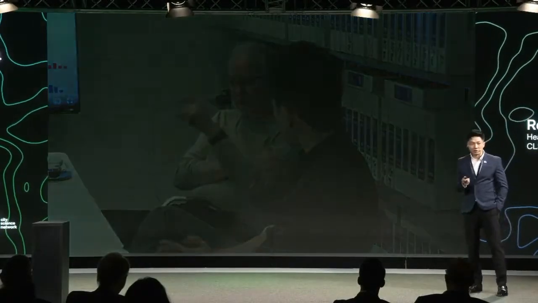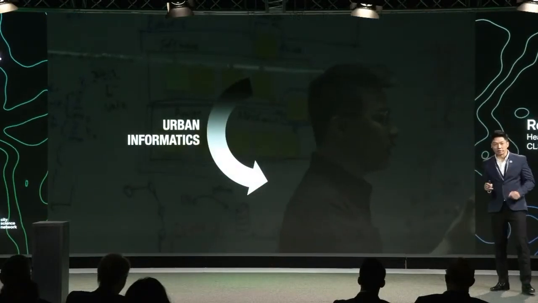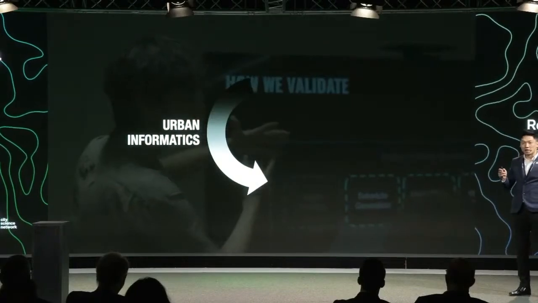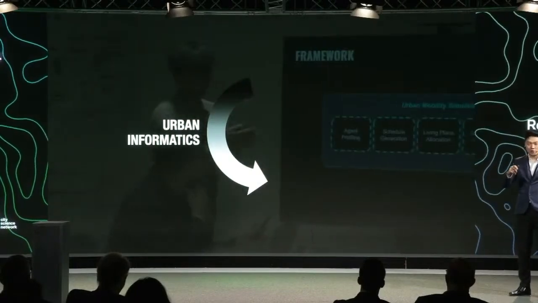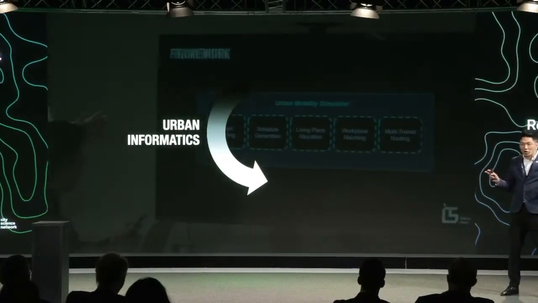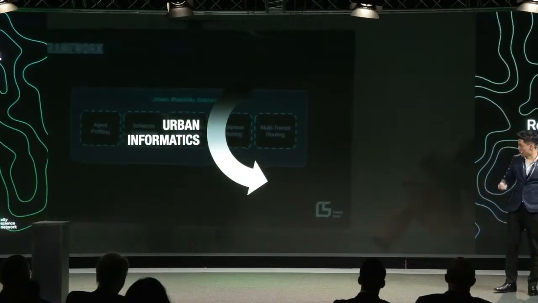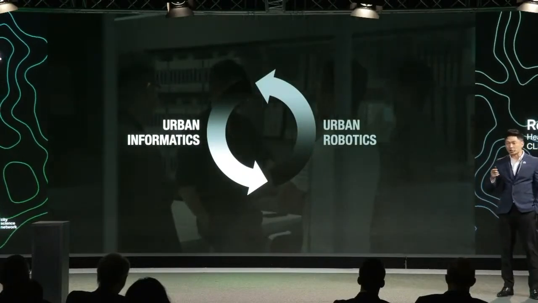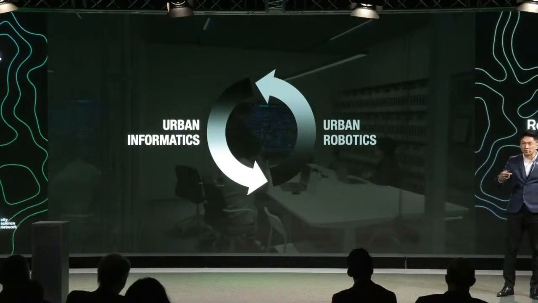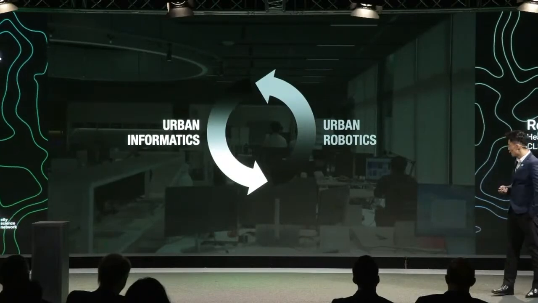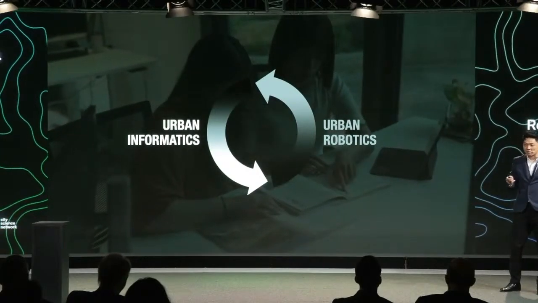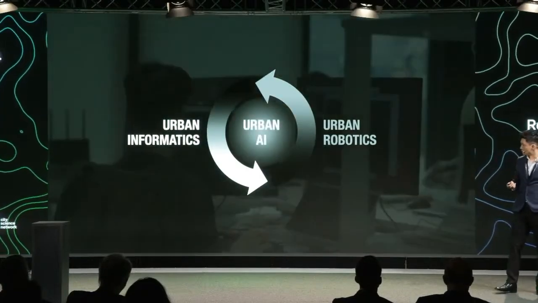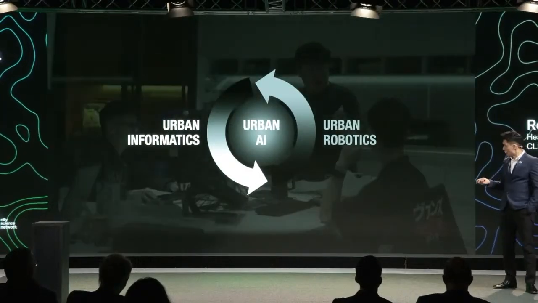And as probably some of you already know, there are two main focuses in Taipei's lab. One is urban informatics. We see that as using urban data as a way to understand the city, decode it probably, and to foresee what's coming next. On the other hand, we also have urban robotics as a way to actually intervene in the built environment, to take actions to respond to human behaviors. And because of the emergence of AI, we want to use that to empower these two different focuses altogether, and we call it urban AI.